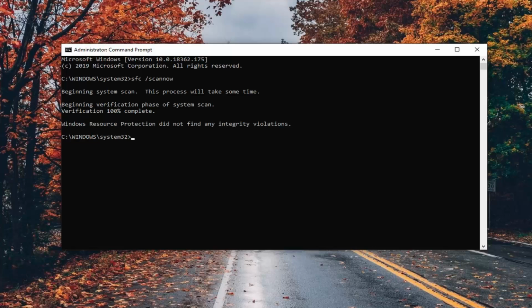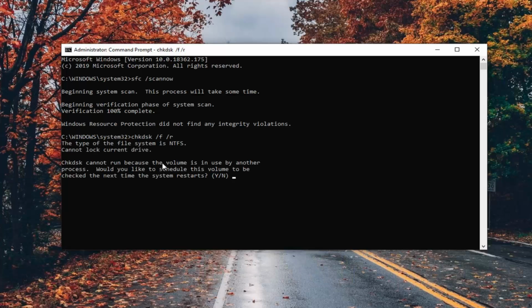Okay, so once that's done, now you want to go ahead and run the chkdsk command. So chkdsk space /f, another space /r, exactly as it appears on my screen here. Hit enter on your keyboard. You will need to close out any open programs and applications after we tap the Y key on our keyboard,